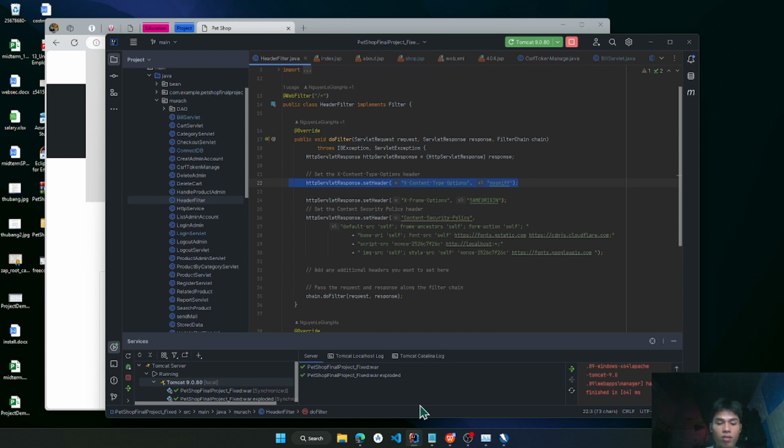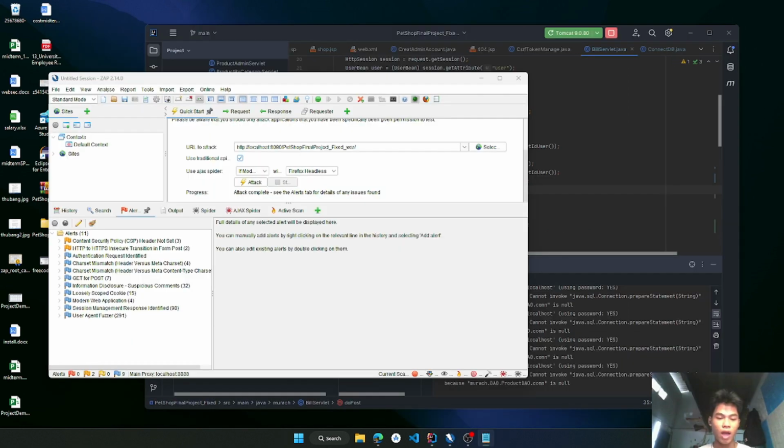It instructs the browser to trust the content type explicitly provided in the content type header and avoid any MIME sniffing. After I did this, I will rebuild again and the vulnerabilities I have shown you have been